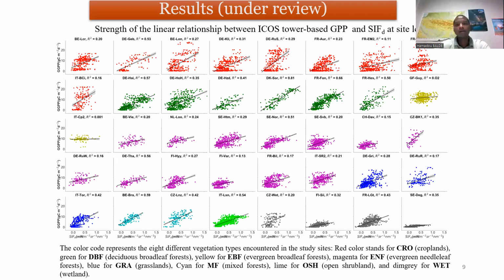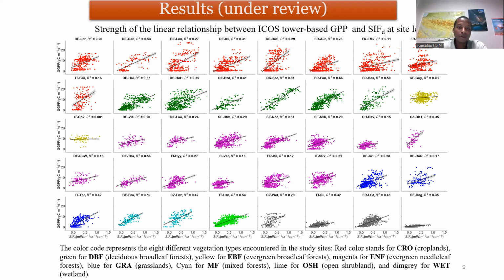Here in this figure, we are showing the relationship between SIF and GPP at each site. Each color code here represents a single plant functional type. What we can see from the figures is that the relationship between SIF and GPP was site dependent. And the site-dependent SIF-GPP relationship can be explained by the heterogeneity